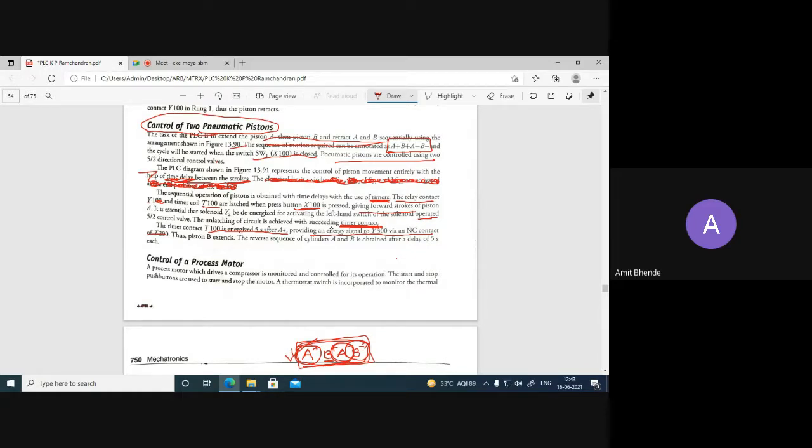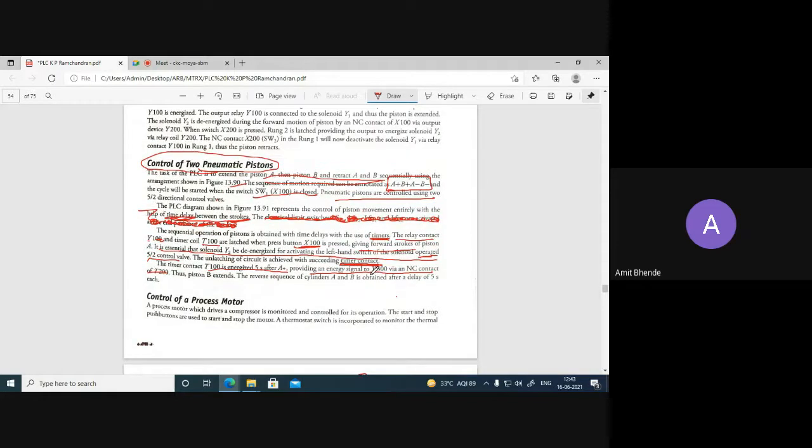So this one, giving the forward stroke of the piston, it is essential. This sentence is very important. It is essential that the solenoid Y2 be de-energized for activating the left-hand switch of the solenoid operated 5/2 control valve.